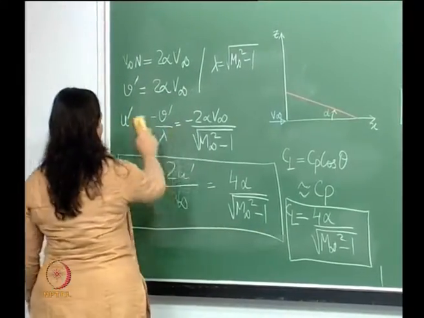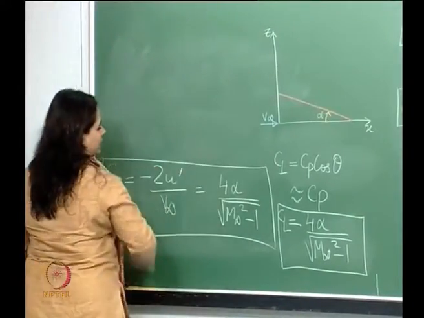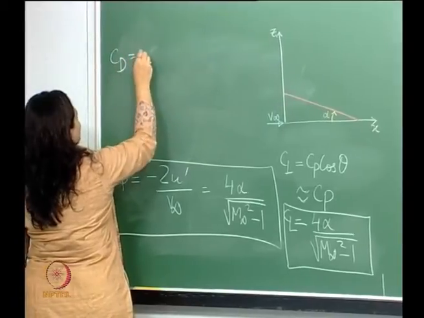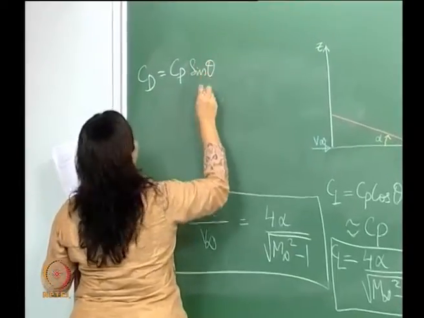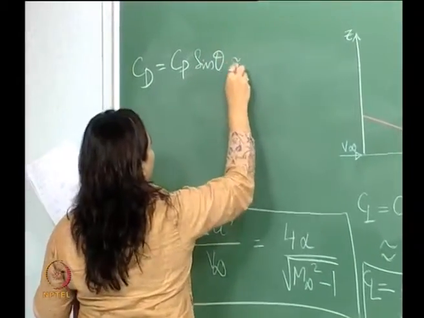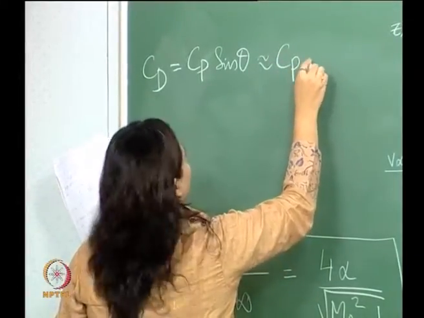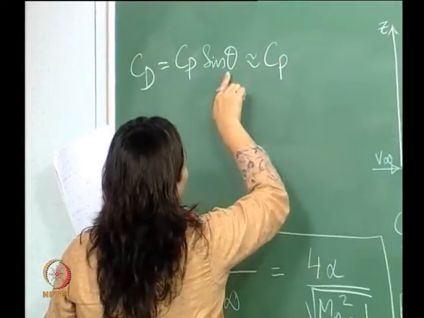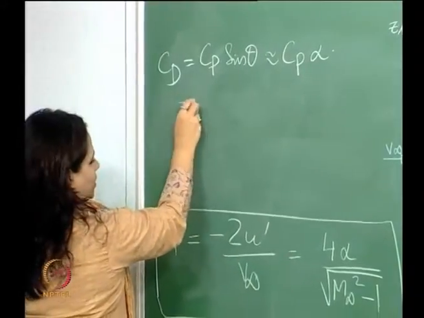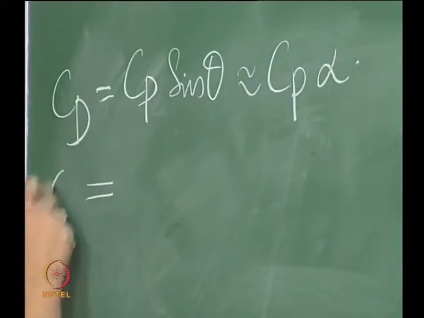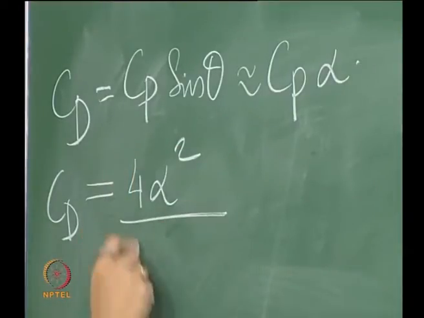And again of course, for CD we take the other component of the Cp. Okay. So, let me write that over here. CD of course is Cp sin theta. Okay. So, again this becomes Cp. Yeah. So, sin theta tends to theta, so in this particular case this becomes alpha, right. Therefore, CD becomes 4 alpha square pi